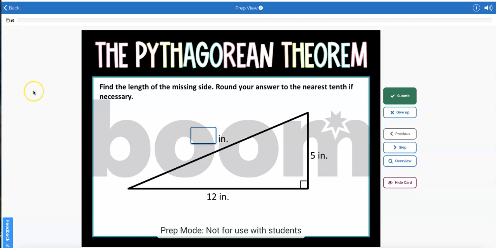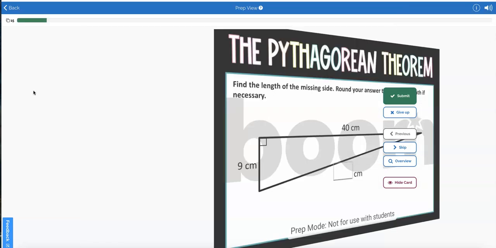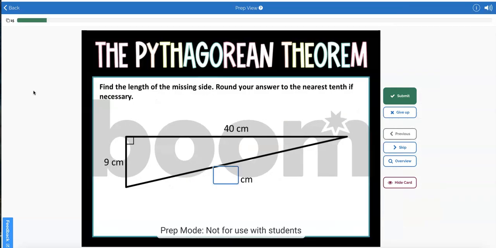In order for them to get to the next question, they must have the correct answer. If they get the correct answer on the first try, then they get credit for it for their final end result. So let's say that they know that this answer is 13. Once they type it in and hit enter, it will give them a correct little symbol. If they get the correct symbol, clearly it went to 15 questions left, and the bar will progress as you finish your task cards. If they get it wrong,